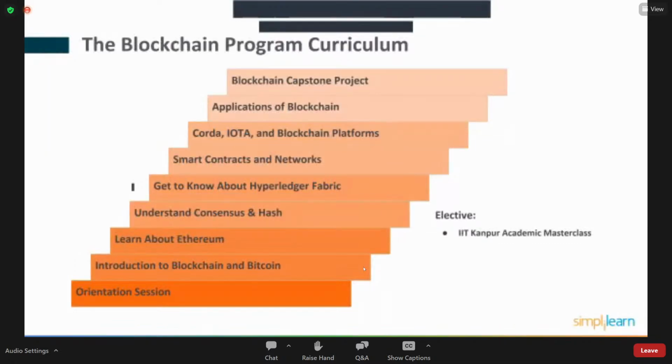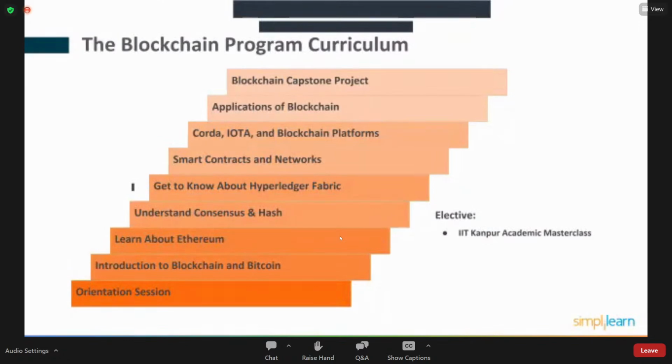Yes, that's right. Here they'll get an idea about what this technology is, what its core properties are, and the very first application of blockchain technology, Bitcoin. So a very good orientation would be given with regard to what exactly a blockchain is, as well as the first application of the blockchain, which is Bitcoin. And then you move into the first tool, Ethereum. What does Ethereum do exactly?